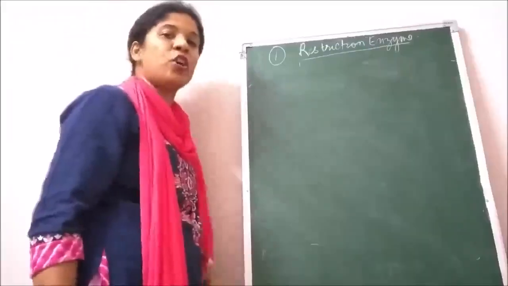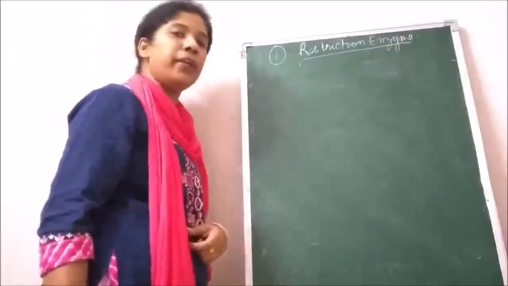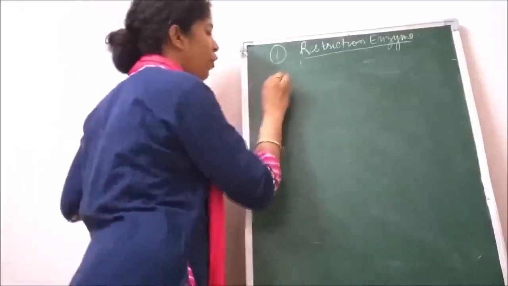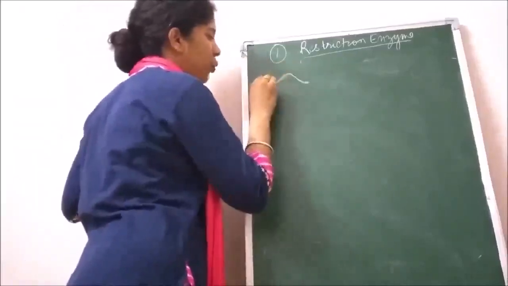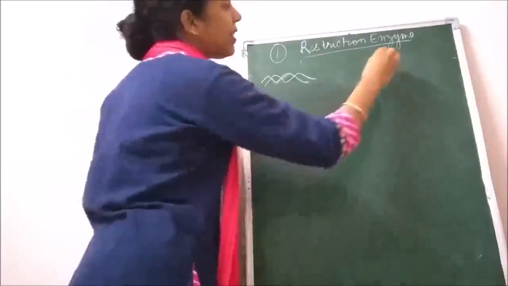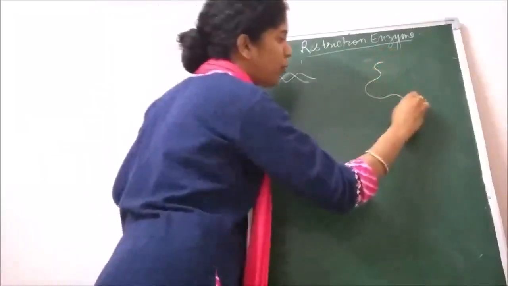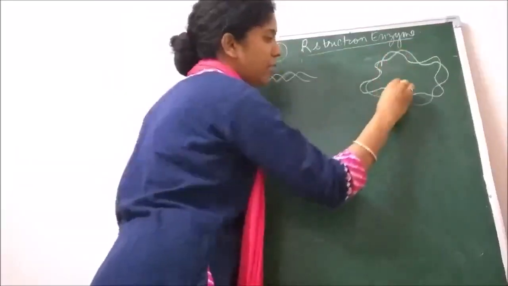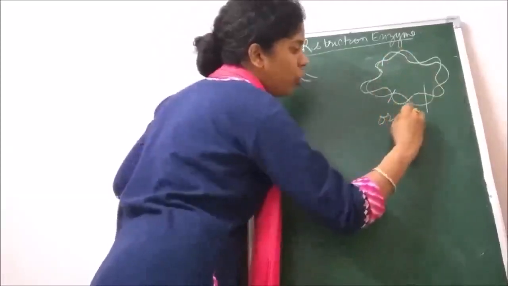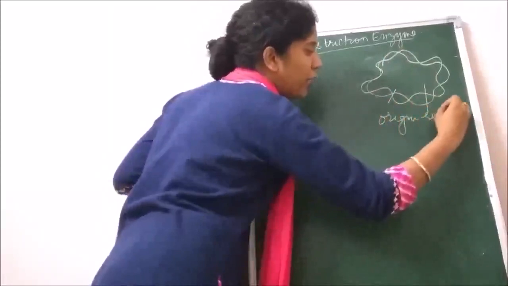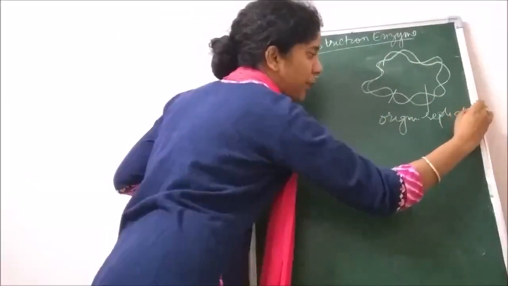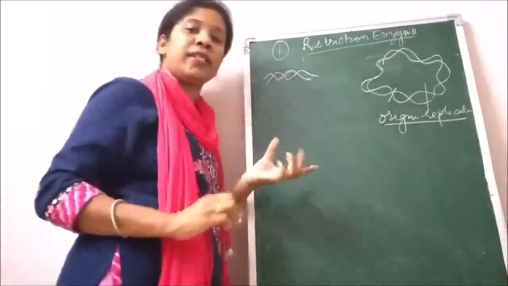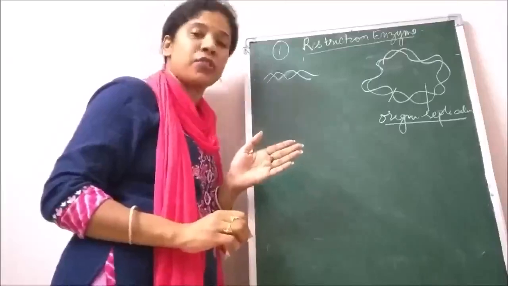Now let us summarize the whole process of genetic engineering or recombinant DNA technology, which is the backbone of biotechnology. For example, this is the foreign DNA which I want to insert, which I am showing through this symbol. And this is my vector where I want to introduce my foreign DNA simply because it has the origin of replication, a sequence of DNA which is mandatory for a DNA to replicate. Without this sequence of origin of replication, a DNA entering a cell will simply be digested by its restriction enzyme.